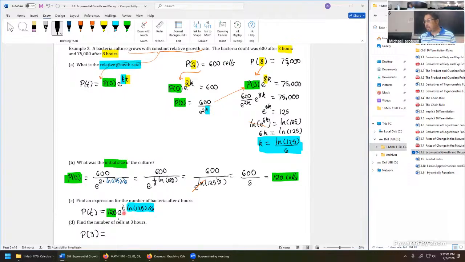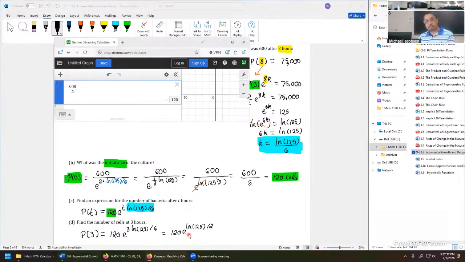We're plugging in just a value for T. So this becomes 120 e to the power 3 times natural log 125 over 6. At this stage, we would put this into a calculator, or round to a reasonable number. Let's simplify it a bit just to make the calculator a little bit more manageable. We could rewrite this as 120 e to the power of natural log 125 halves. And you can do more and more properties of exponents on this, just like we did on that step there. You'd have to take the square root of 125. I'd say this is a decent spot where probably a lot of people would put it in the calculator at this stage.